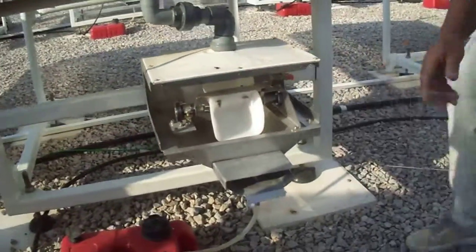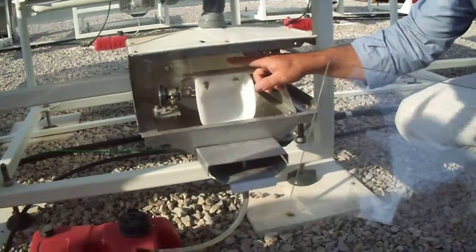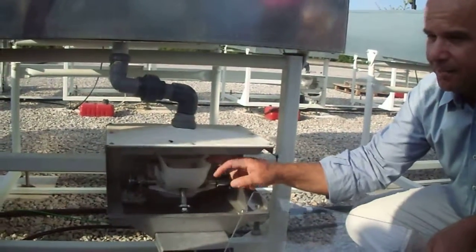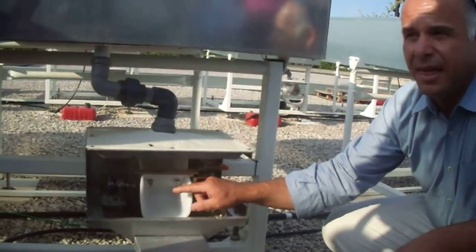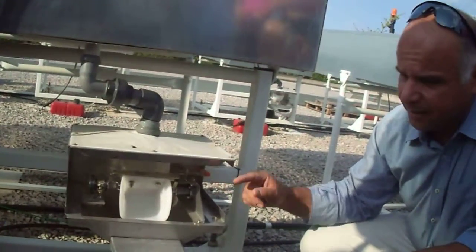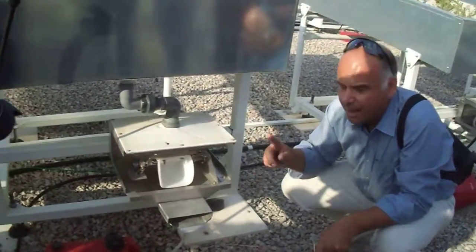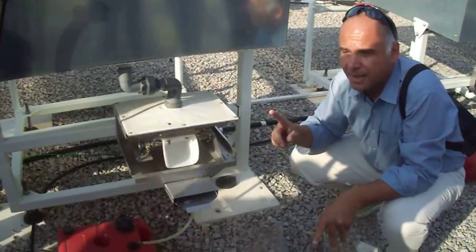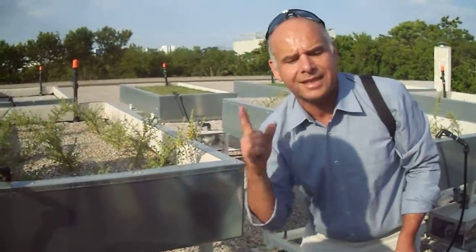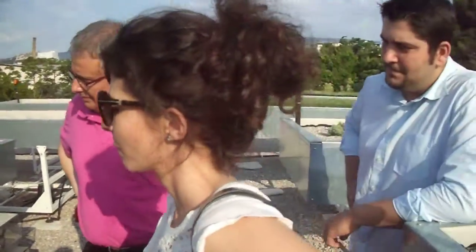What it does is a tipping bucket: when the water is coming out, it's going like plick, plick, plick, plick. If you know the volume that each one of these buckets is holding, then with this electronic equipment, we have in our computer the number of the tips. Tip, tip, tip, tip, tip. So we know exactly how much volume we have per unit time. So this is perfect for making a hydrological model, because we also have here